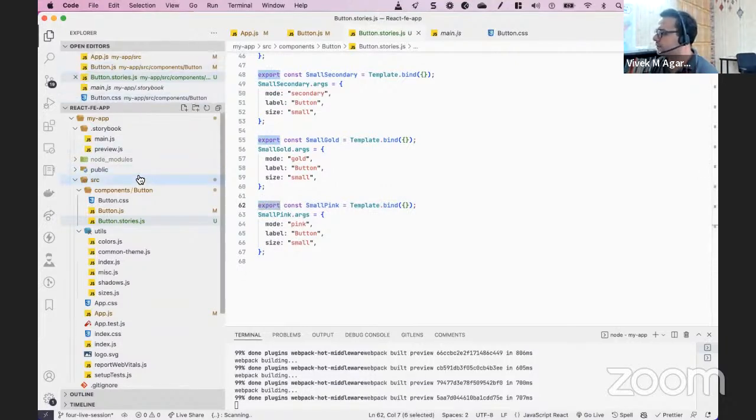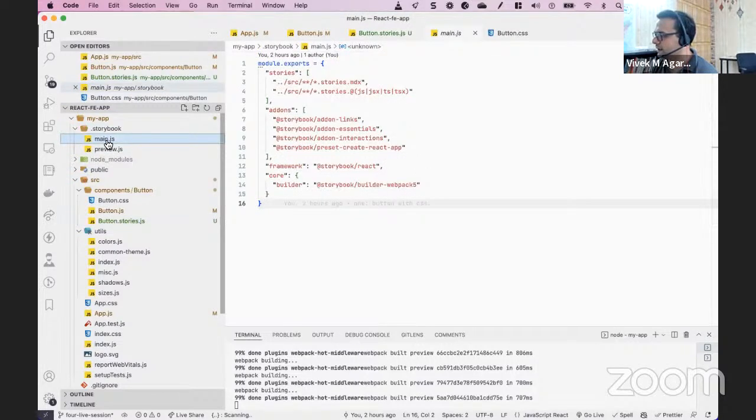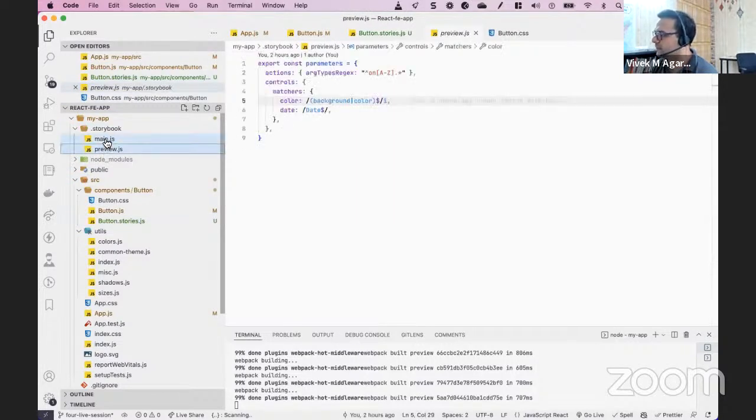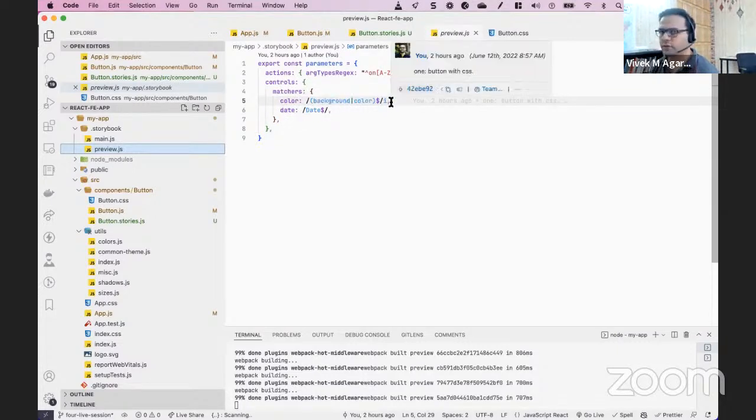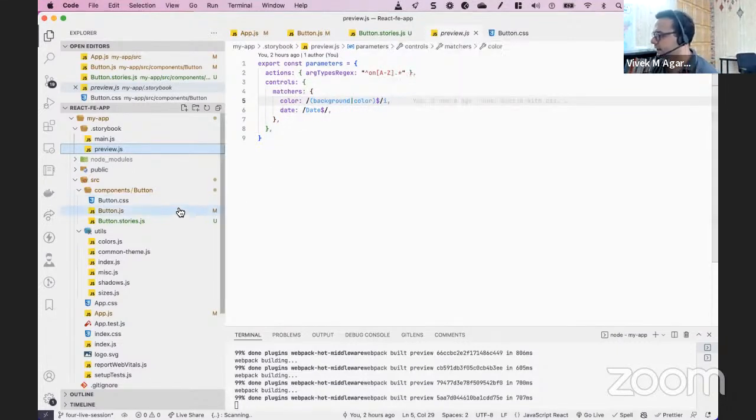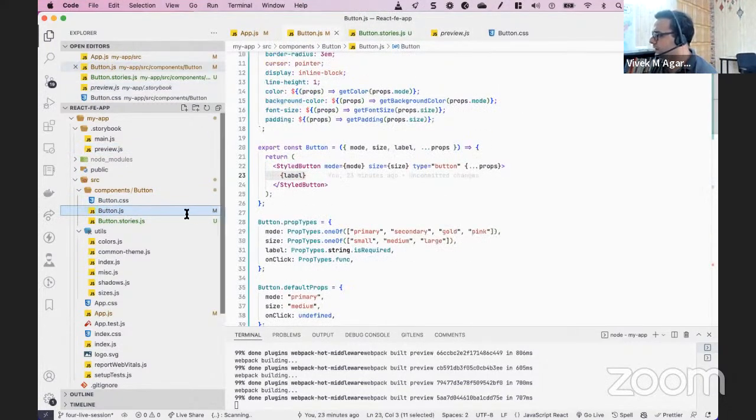ठीक है। फिर स्टोरी बुक में हमने देखा कि जो सबसे मेन कॉन्फ़िगरेशन है वो main.js में रहता है और preview.js में रहता है। अगर हमारे कंपोनेंट्स में कलर वगैरह होंगे तो हम इजीली उसे एक्सपीरियंस कर सकेंगे। लेट्स ट्राई दिस आउट, ठीक है, कि ये बैकग्राउंड कलर अगर हम दें तो वो कैसा लगता है। सो विल गो टू बटन कंपोनेंट और इसमें हम एक और प्रॉप पास कर देते हैं।